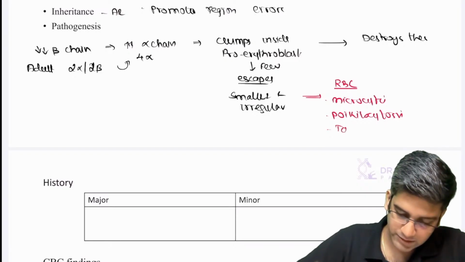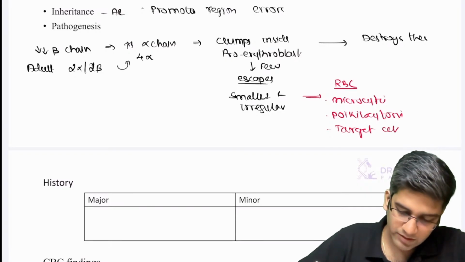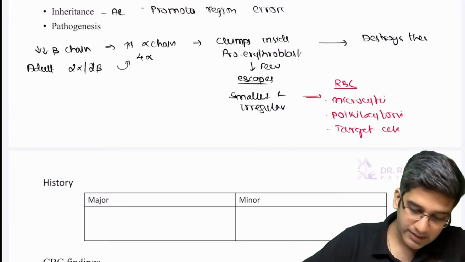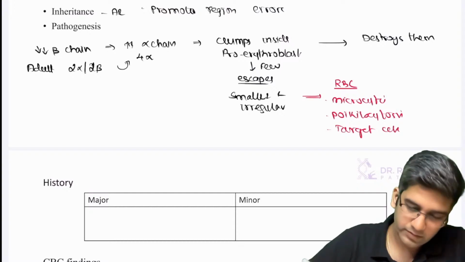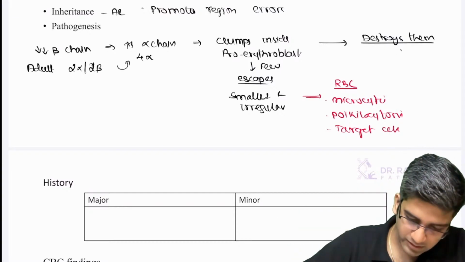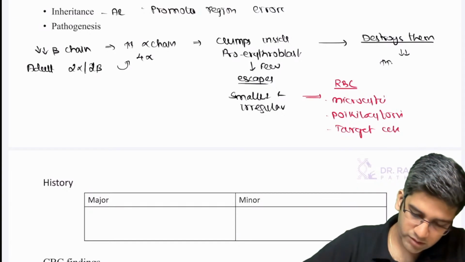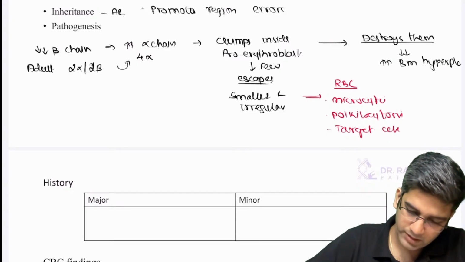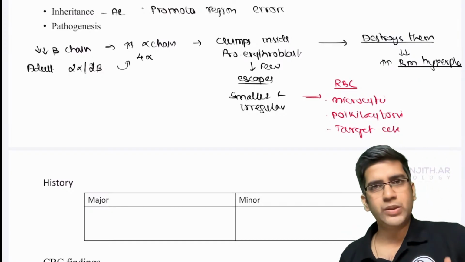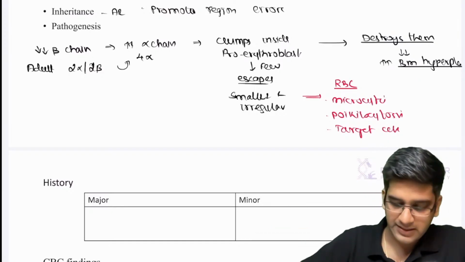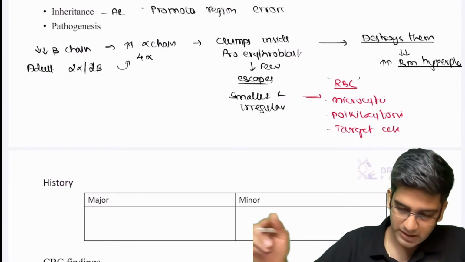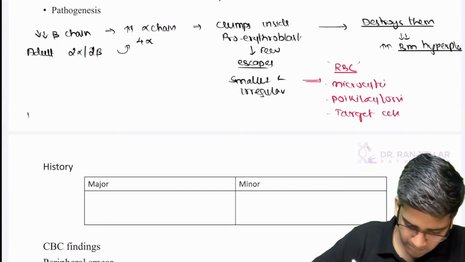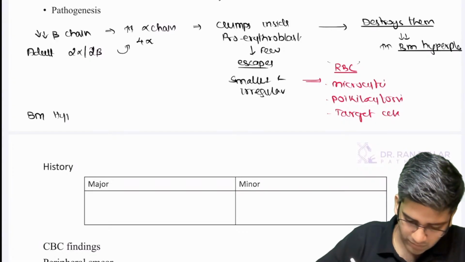Also the target cells. A target cell is nothing but a poikilocyte, that's it. Since the majority of the proerythroblasts are destroyed, this will result in an excess amount of bone marrow hyperplasia. That bone marrow hyperplasia will definitely be there, right? So we know why there's an anemia, because half of them are dying, only half is coming outside. It's a simple pathogenesis. You can write in addition to it, because of the bone marrow hyperplasia, we have few